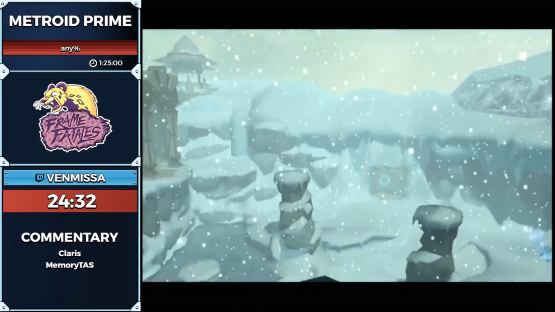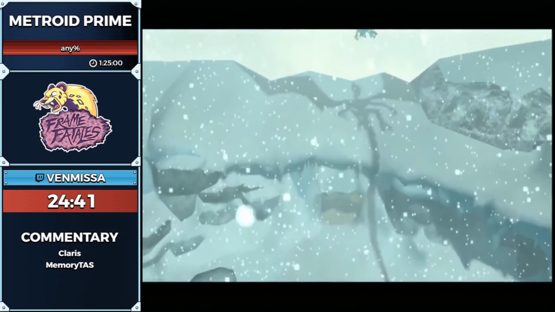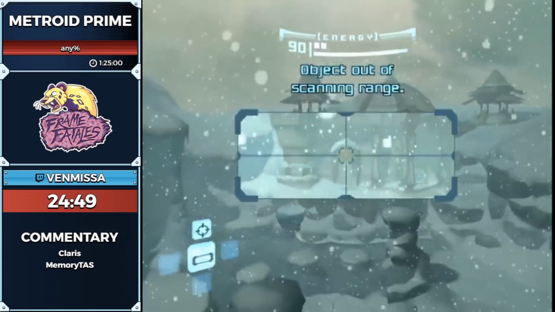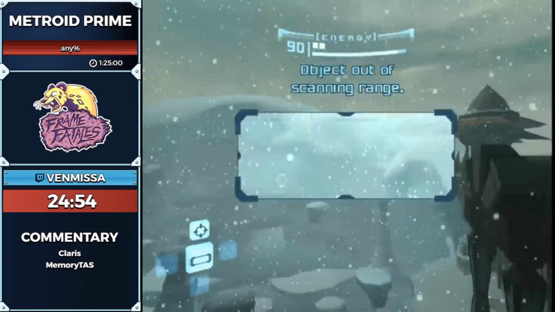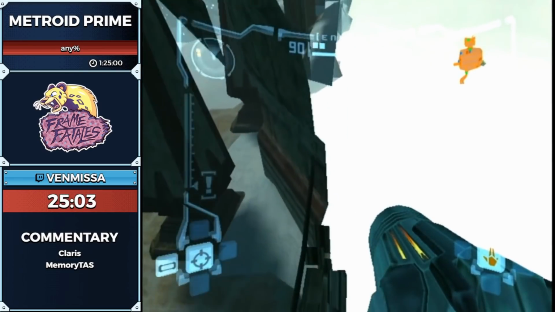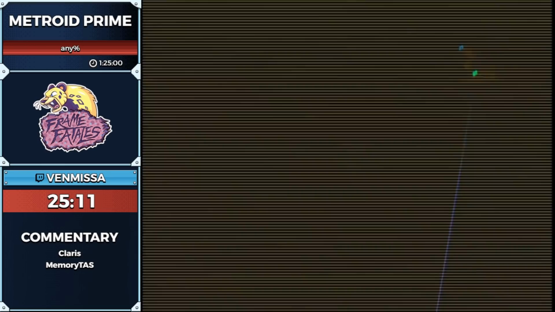All right, so you're supposed to go get Space Jump after Boost and then come back for Wave, but I already have Space Jump. Instead, I'm going to do this. I'm going to dash over here, which is not intended. I'm going to jump out of bounds here. And the goal for this is to get...